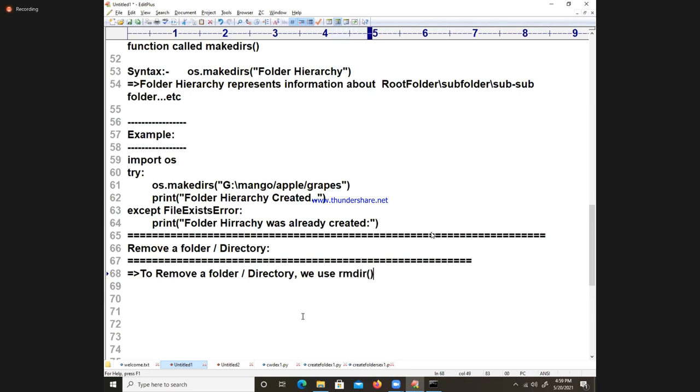rmdir. mkdir is the opposite. But dear students, one thing you remember: once you are removing a folder, that folder should not contain any files. That is one of the most important points to remember. At the time of removing a folder, I will write the syntax here. Follow me. Python will not allow removing the folder when